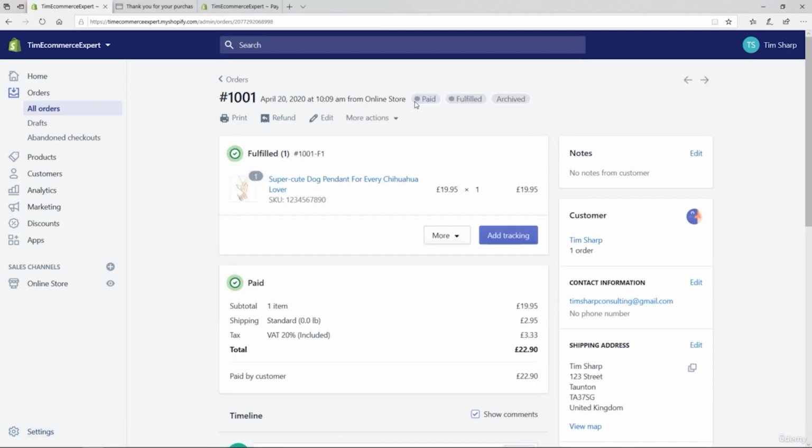And you can see now that the whole status has changed to paid, fulfilled, and archived. And of course it's also marked as fulfilled here. We could still add the tracking at a later date if we wanted to, and should we have made a mistake, we could also cancel the fulfillment. Additionally, we have the option to print the packaging slip, okay? So we can print a packaging slip to insert into the box or whatever it is before we send it